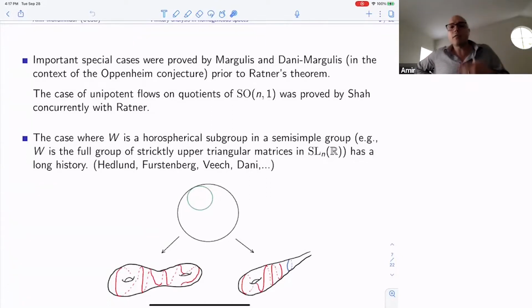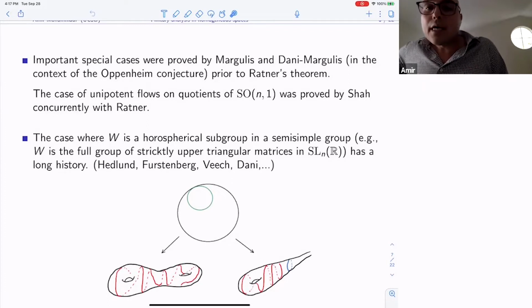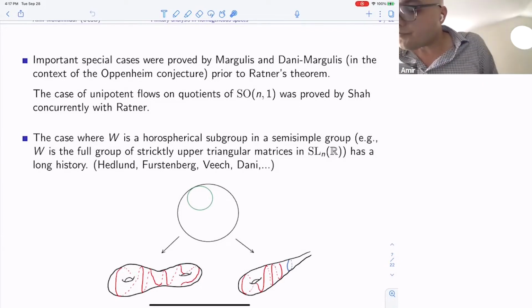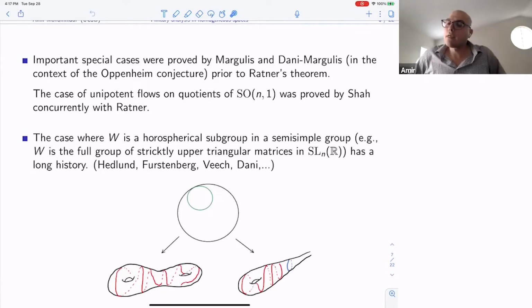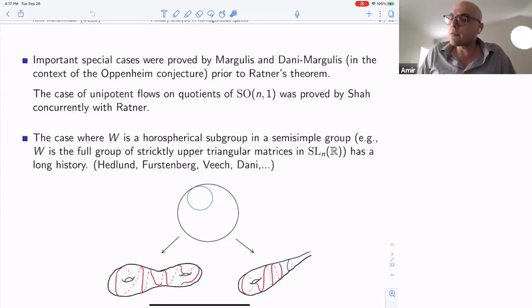Also, Nimish Shah, in a topological and more geometric context, considered the rank 1 group SO(n,1) mod gamma and studied the unipotent actions. This actually came out roughly at the same time as Ratner's theorem. So that's an important remark and an important link between this problem and number theory, the Oppenheim conjecture about quadratic forms. This was the solution for dimension 3. Still, there is no non-dynamical proof. The only existing proof uses dynamics. But actually, prior to these works,